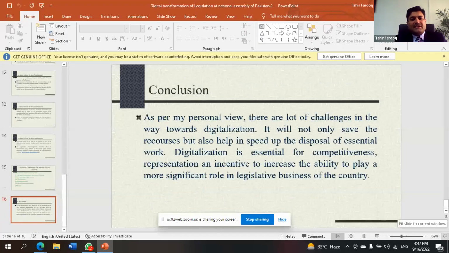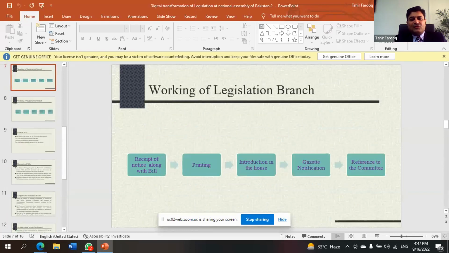The process I mentioned earlier is a very lengthy process, and the working of the legislation branch is too lengthy. Any bill which is introduced or going to be passed by the House is printed in the Gazette as well as placed before the member parliamentarians. Almost every time, each document is printed in 1000 copies, which results in the wastage of, I personally feel, more than 10,000 papers for a single page amendment in the parliament. No doubt the adoption of digitalization will save the wastage of resources, as well as save the time